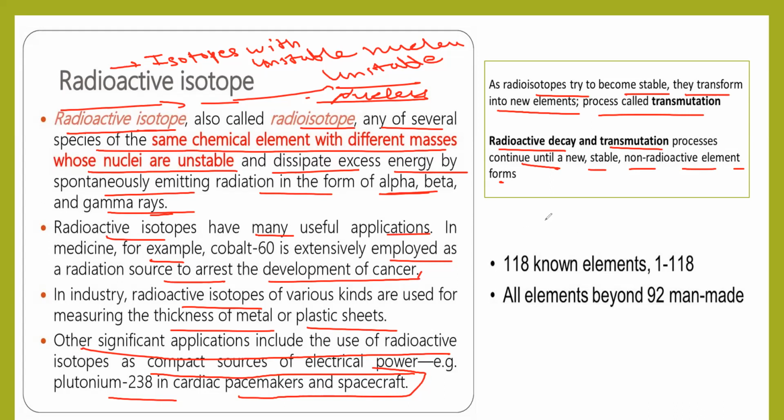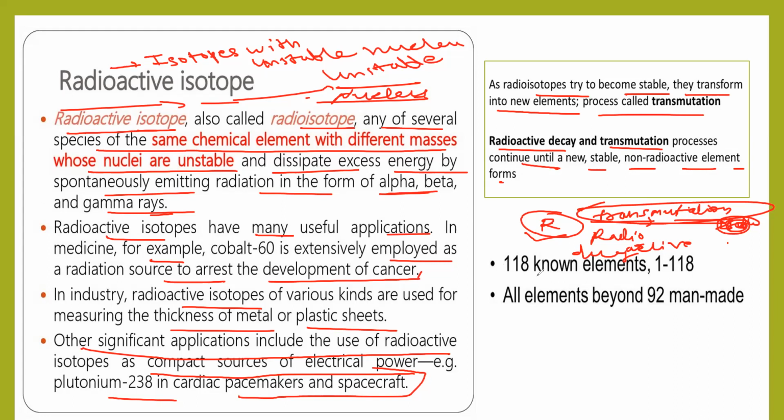So, for example, suppose this is the radioactive element R. It will undergo transmutation through radioactive decay. Okay, so after that, it will be a stable nucleus. So in total, transmutation is when an unstable nucleus undergoes radioactive decay and a new element is formed. That process is known